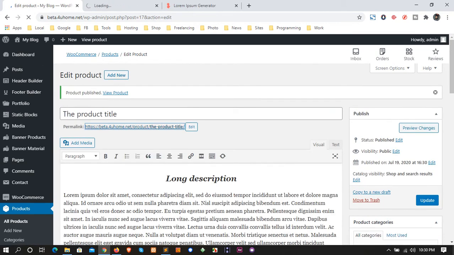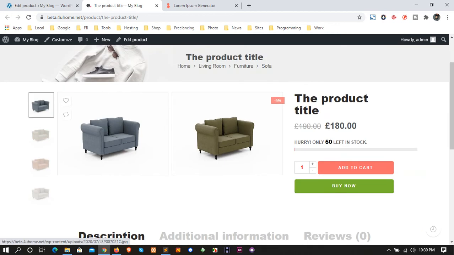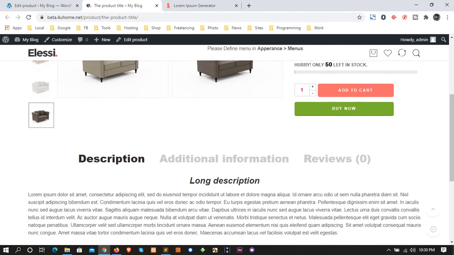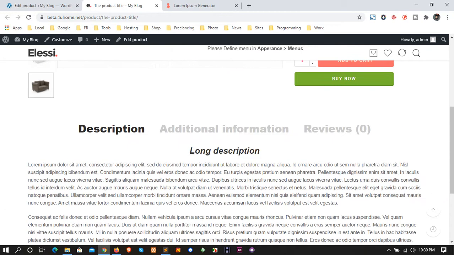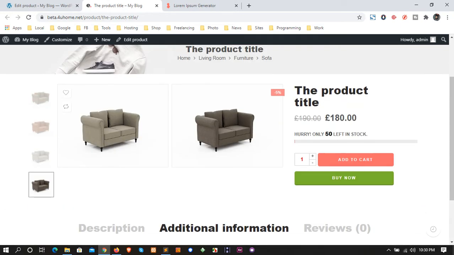If we click here, we can see our product. Here the product is coming. You can change images, see one by one. Here is our long description. You can click on additional information. Here you can see the weight in kgs. Here it's showing the 50